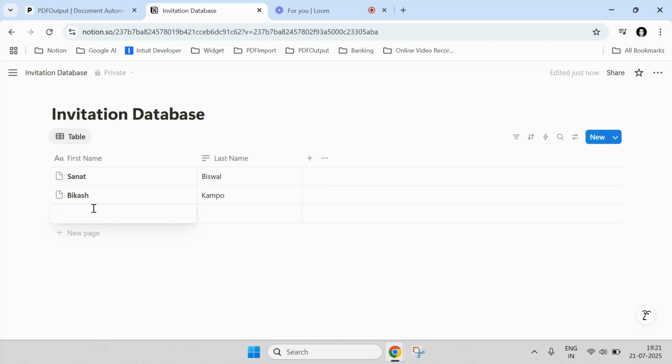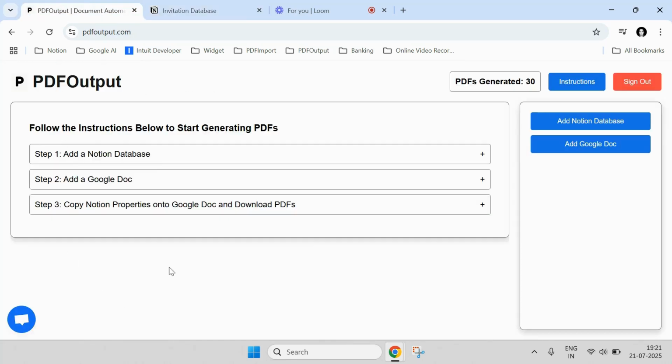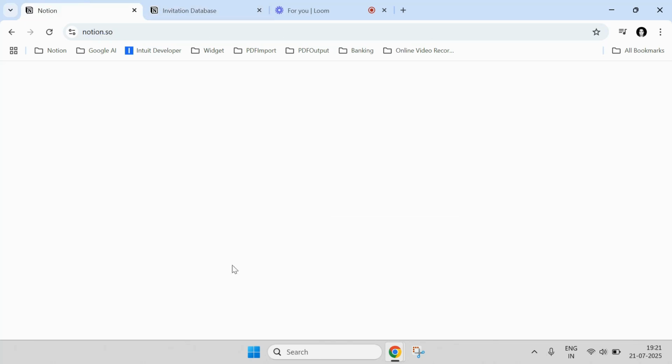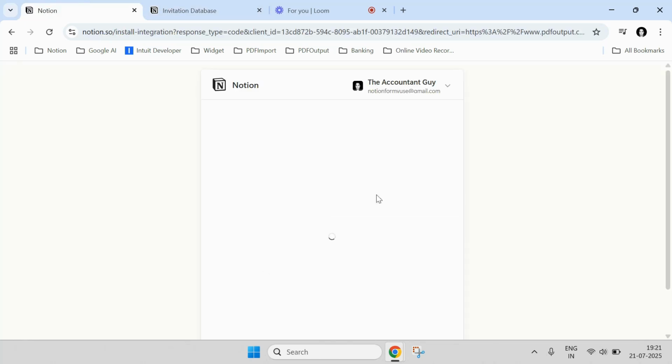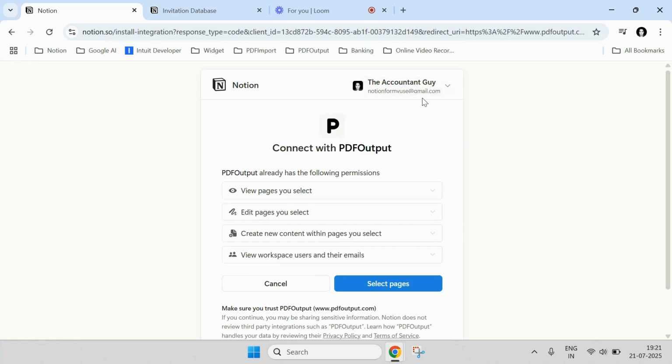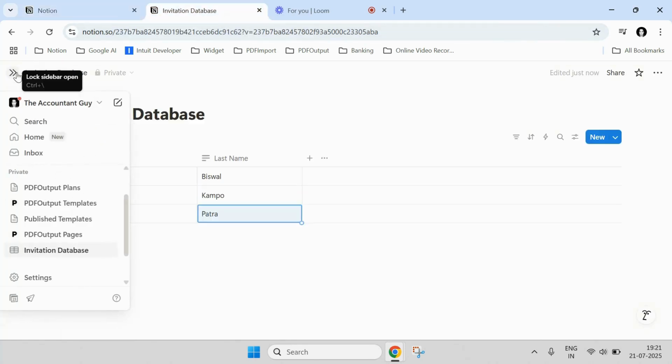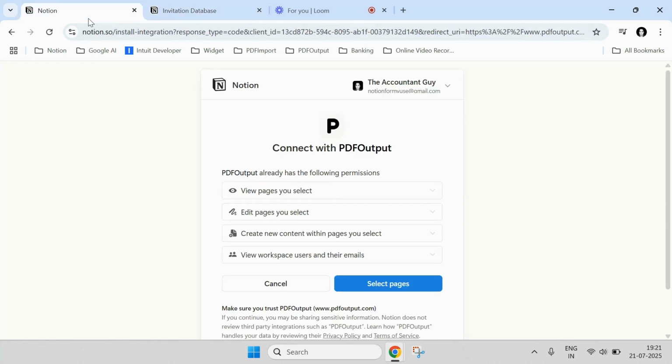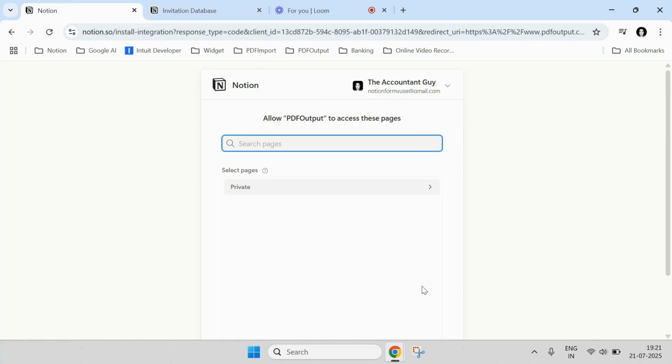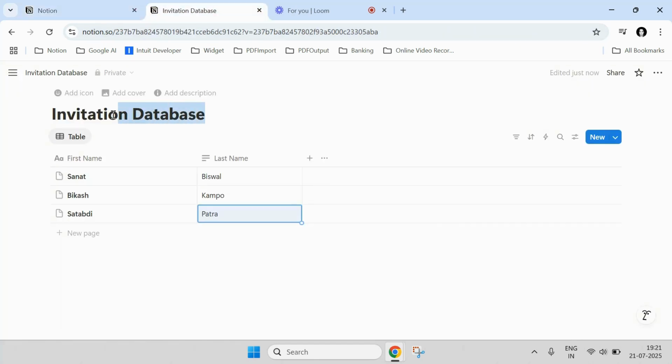Okay, so the database is ready. I've created a database for invitation. Let's go to PDF output, and first of all let me add the database. I'll click on add Notion database, and it will load up the screen where I need to add the database. You can see it has already selected this particular account, and I'm under that account as well. Click on select pages and just copy the database name you created into